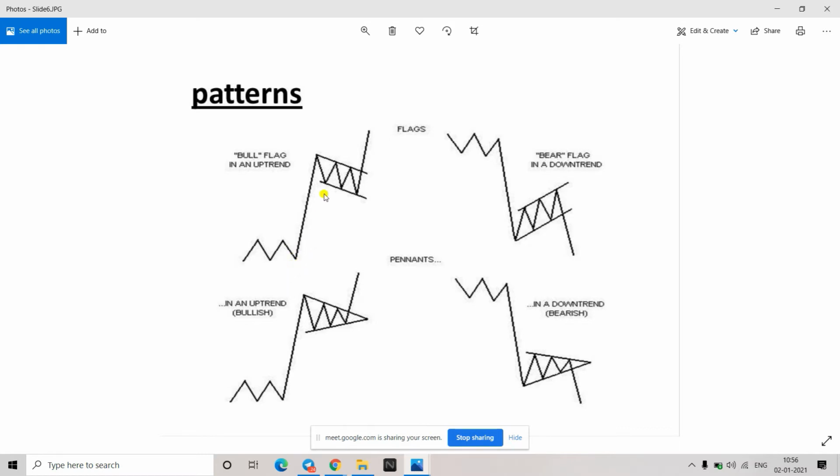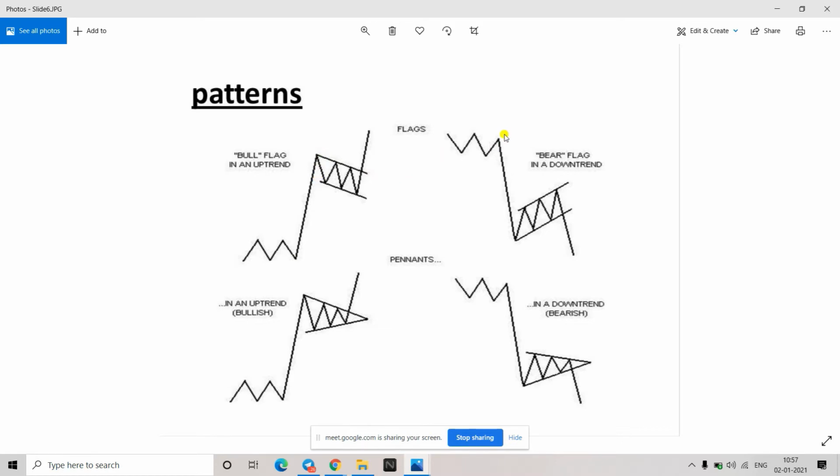price will be moving up or price will be moving down, and this movement of price is known as pole, because this will be a very sharp up move. If the price is moving sharply up and then it slows down in a small flag kind of a pattern before again giving a move, this is known as pole, and this is known as flag, because you could see the correction or the slowdown in the price is somewhat in a flag kind of a pattern, and this sharp movement, if we just overall look, it looks like a pole.